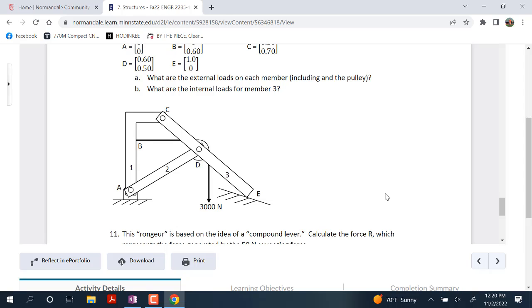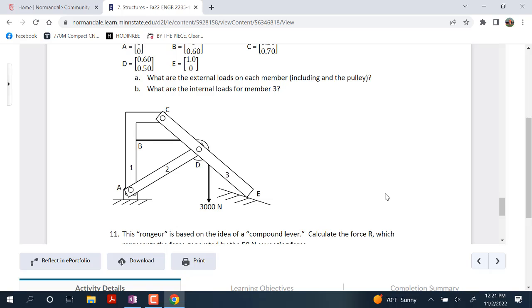Another way you could do it is, well, as you know, the more rigid bodies you isolate, the more equations and variables you get. So you could also consider that to be connected to body 2 or body 3, just lump it in with those things. And either one of those would be fine. So then,